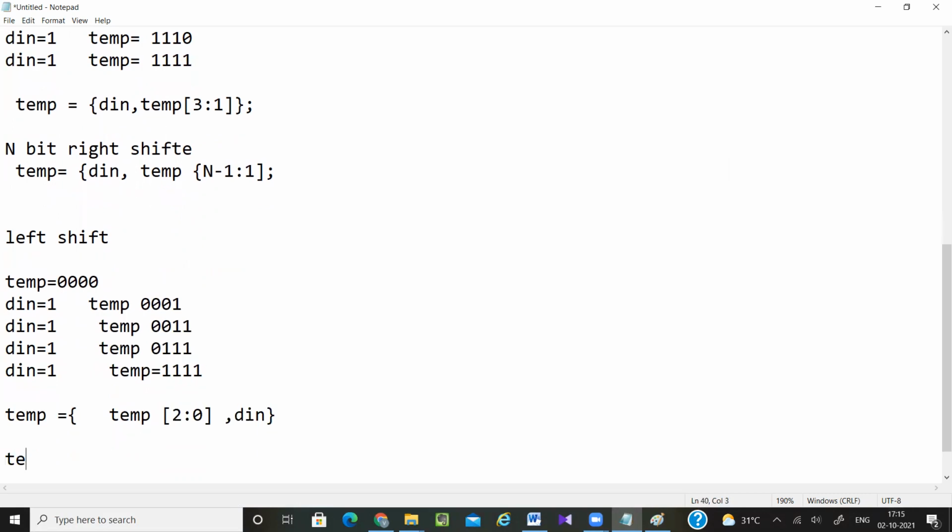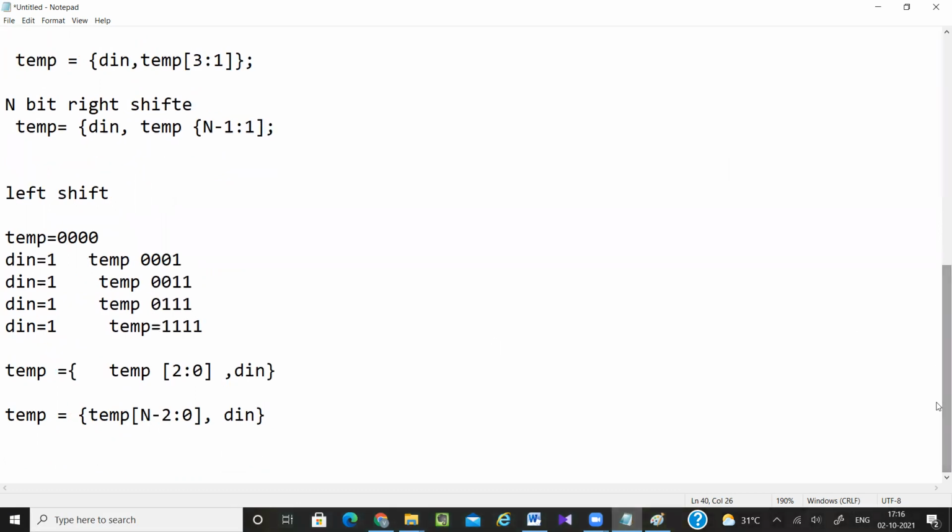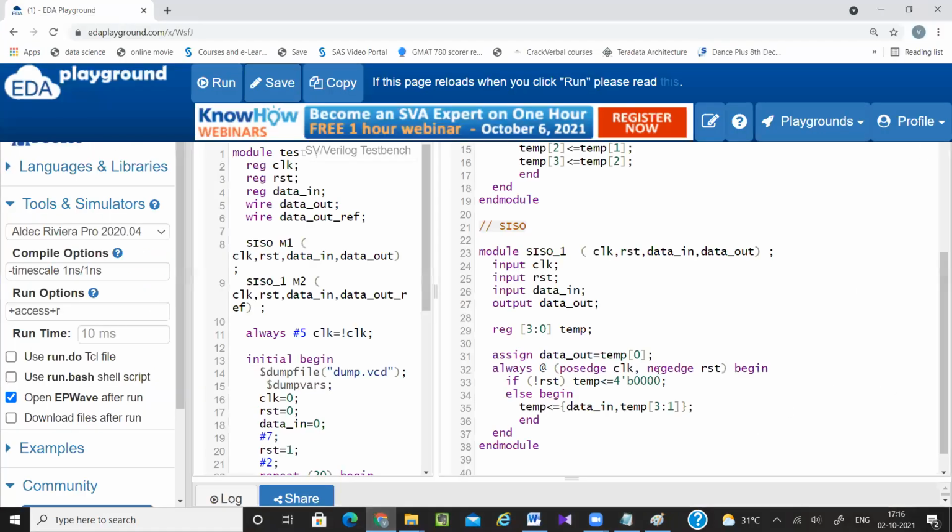So if it is n, then I can write temp equal to temp of n minus 2 down to 0, because for 4 bits I am writing 2, and here it is dn. So here I can write data in, and this part I can take here, and this is done. So temp 2 down to 0. Now let's see whether I'm getting all the design correct or not.